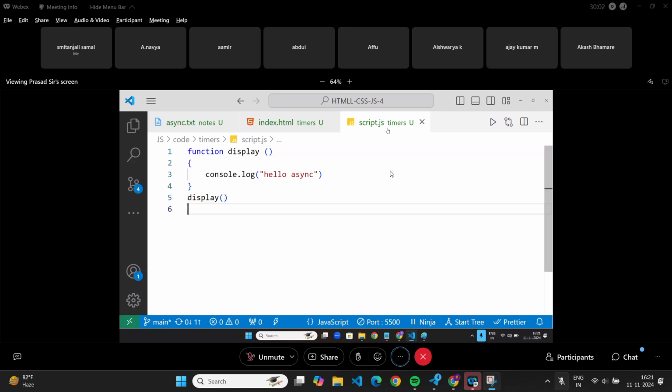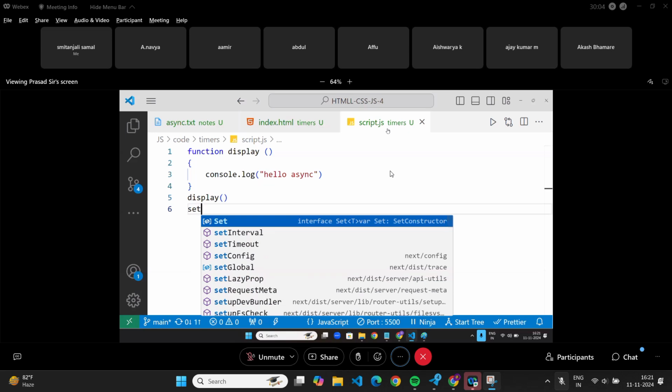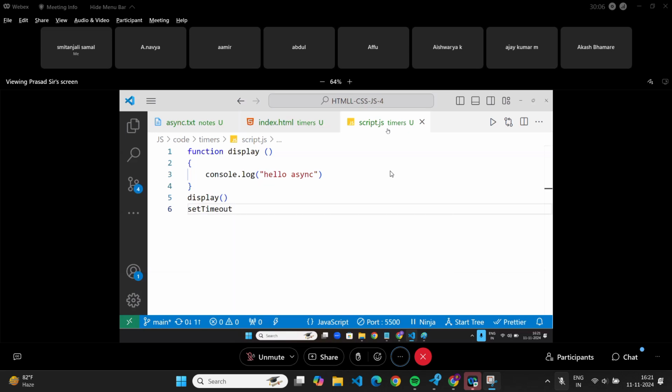Go here, set timeout. Which function are you calling? Display. How much time do you want? 1 second is 1000 milliseconds. 5 seconds is 5,000.